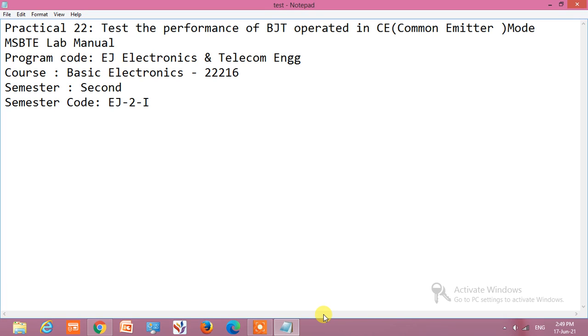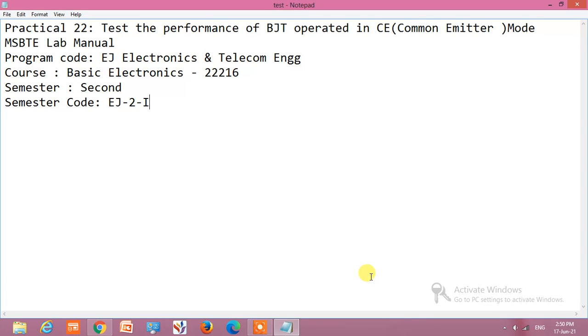Practical 22 tests the performance of BJT, that is bipolar junction transistor, operated in CE mode, that is common emitter mode. This practical number 22 is taken from the MSBTE, Maharashtra State Board of Technical Education, Mumbai, Maharashtra State Lab Manual.